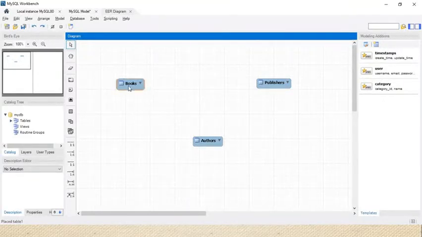So here I have a book. According to you, what are some attributes available in the books? Let's discuss. Today's session is totally dependent on discussion. I will show you examples and explain how to develop the database design without normalization and without relationship concepts.